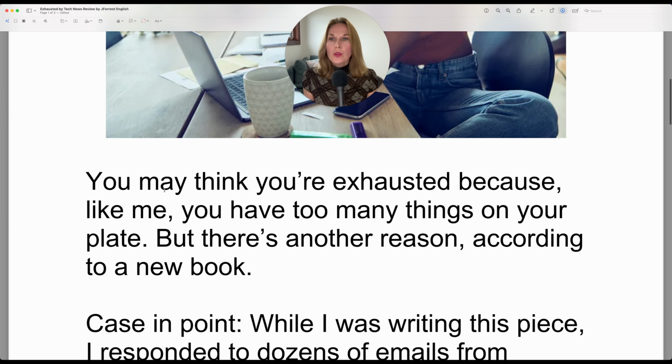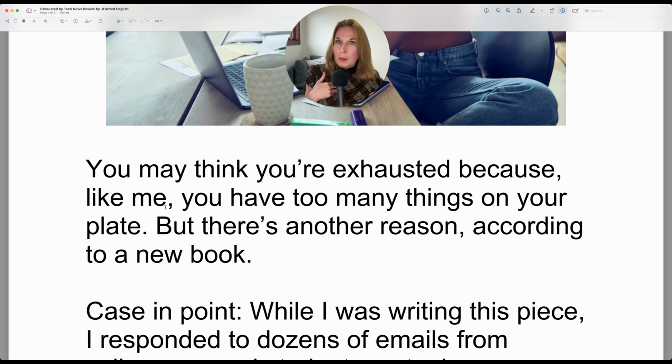You may think, so again, our modal of possibility, you may, but also you may not. So just possibility. You may think you're exhausted. So again, now we have the full structure. You are, as a question, are you exhausted? And then as a statement, you are exhausted. So repeat after me the contraction, you're. Notice how unstressed that is. You're exhausted, exhausted. Because, like me, you have too many things on your plate.